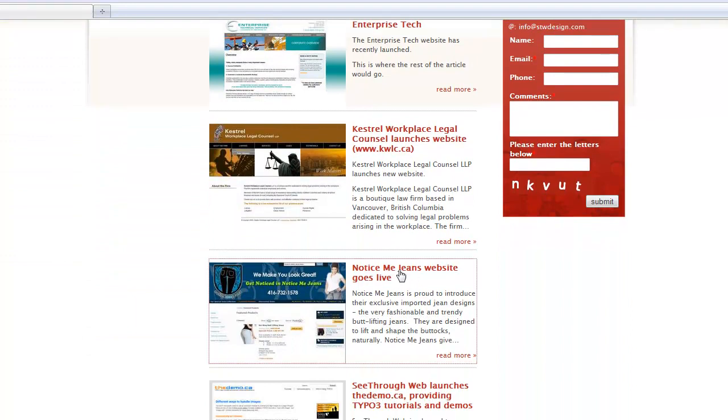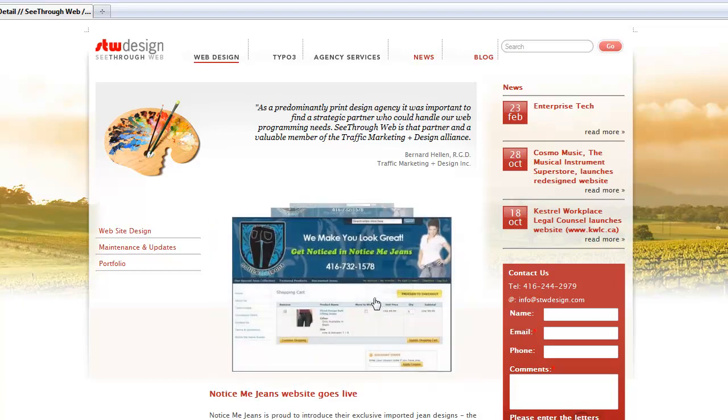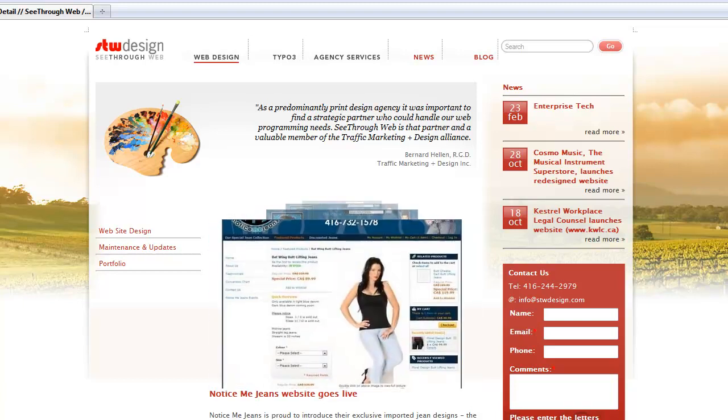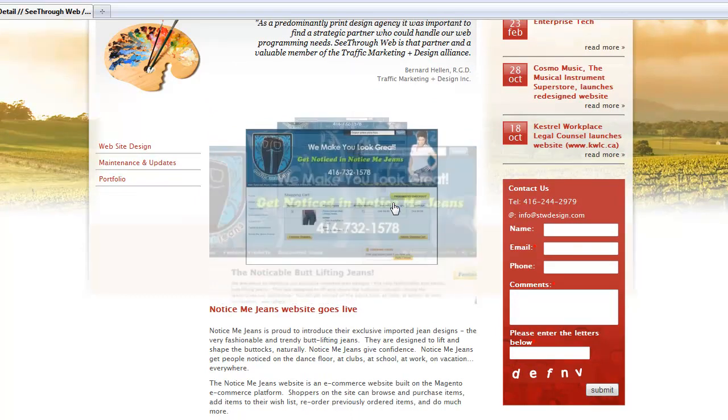And if I click through to look at one, this again is the single view. However, it's got a different template. That's one of the nice things about this module as well. Depending on where you're using it, you can specify different templates that should be used. So we wanted to display the images a little bit differently on this page, and we were able to do that.